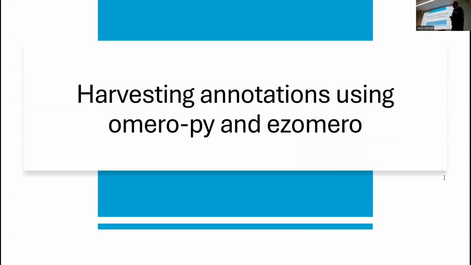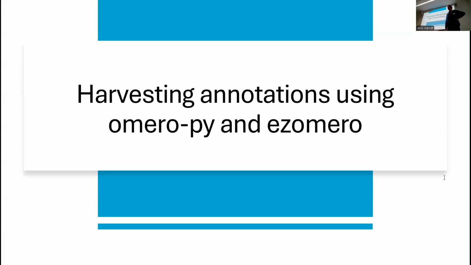Okay, so what I want to show you today is a little bit of statistics I extracted from our OMERO server, showing how this approach was accepted by our colleagues. My first naive approach was to do it with the HQL query language on the OMERO server, which immediately gave me how many annotations we have and so on. But we failed to get more complex queries to run, and so I resorted to the Python API and easy OMERO